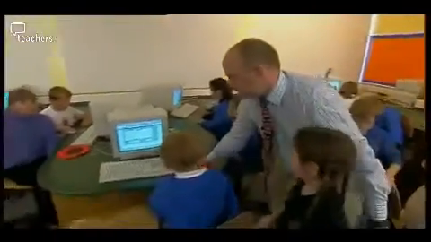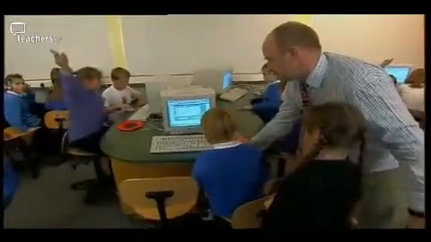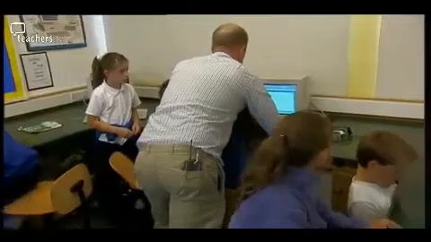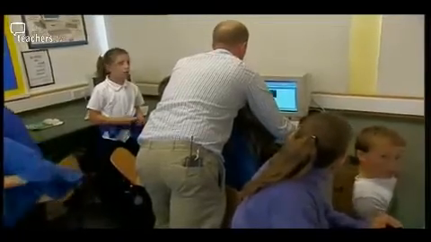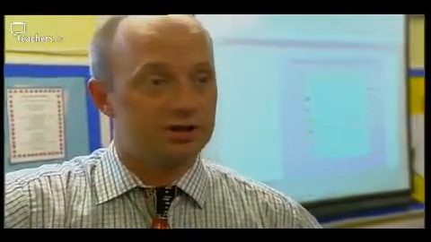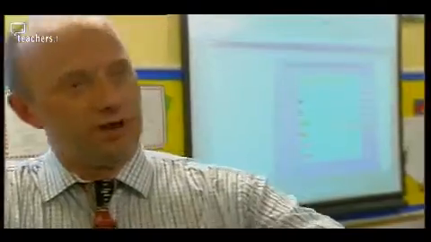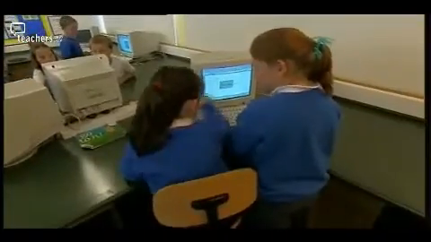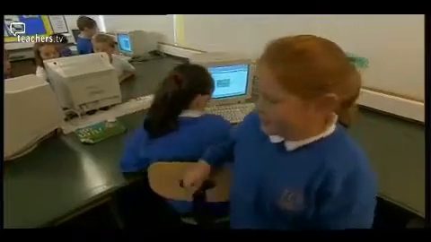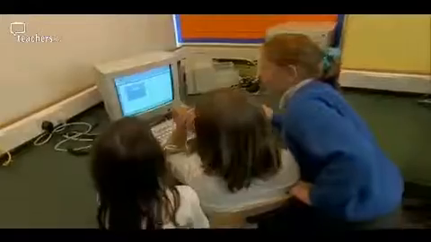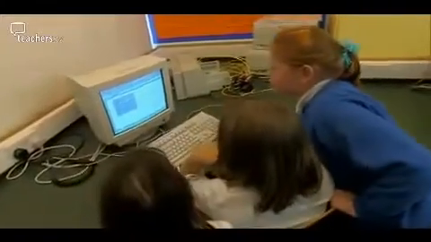Finding their way around the network has been one of the priorities for my ICT work. To forget the ICT, I think the maths, there was loads of it going on. I think the discussions that were going on were great. I was really impressed with that little group over there who decided to do some peer tutoring as well. Children will go off and they will share what they know, and they're quite happy to show each other what they know. And that was really, really nice to see,